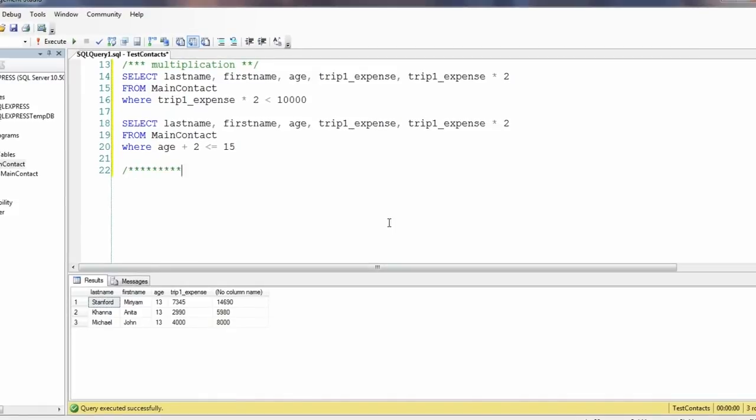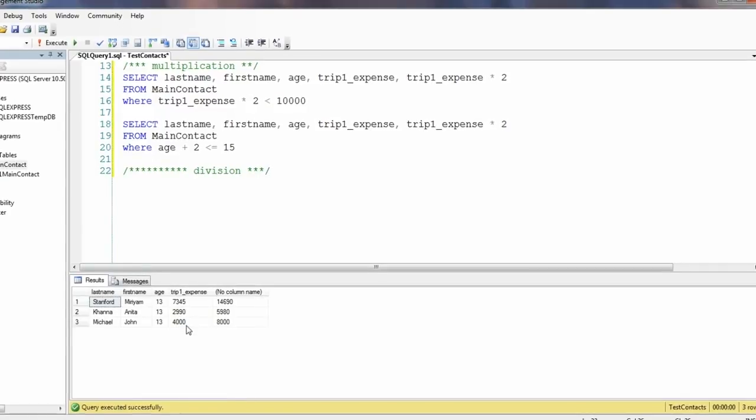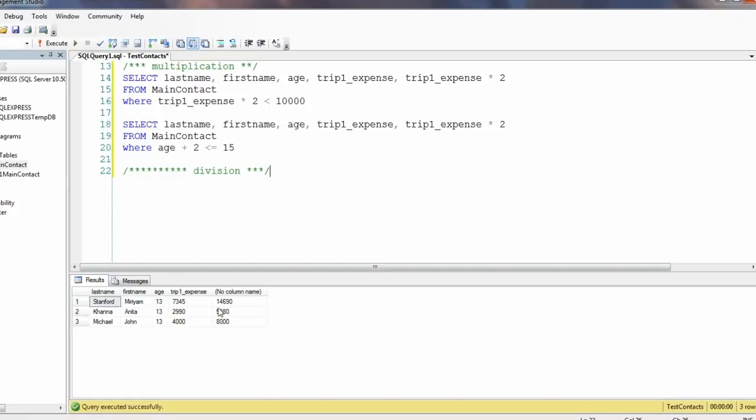Let's look at division right now. As we notice, there are 3 people who are aged 13 and their trip expense are 7,345, 2,990 and 4,000. Let's say people felt, okay, these people are too young to pay this kind of money, so let's divide up amongst the rest of the people in the group. So we have about 15 contacts, and if we remove 3 of them, then there will be 12 contacts. So let's select